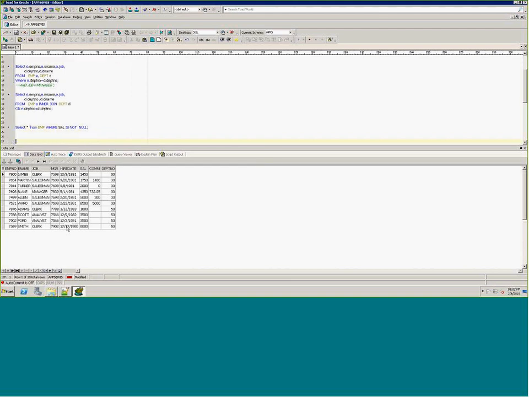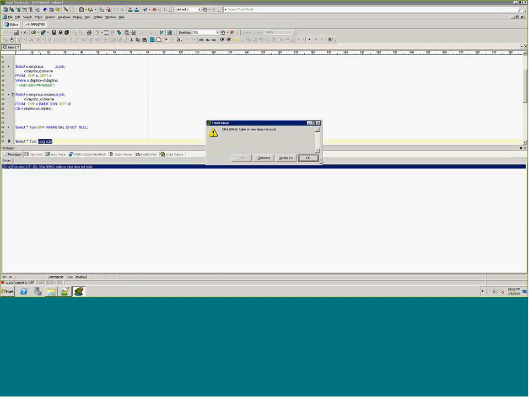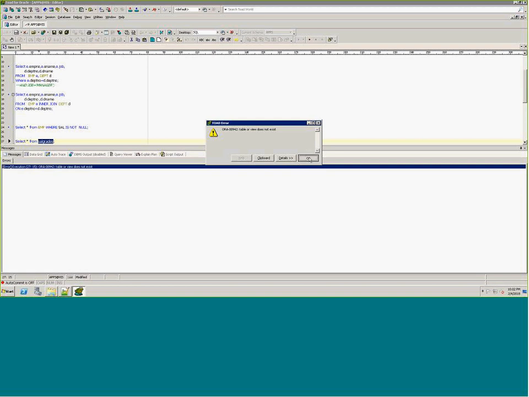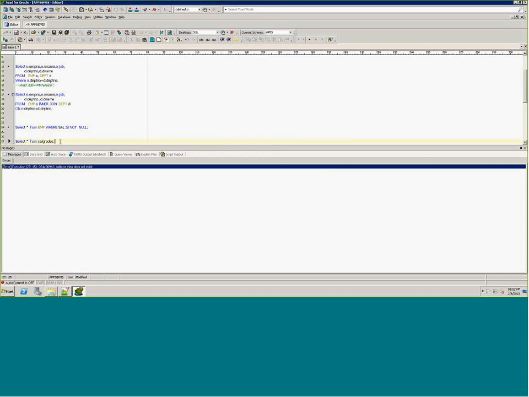There is one more table called sal grade. Select star from sal grade. Let's see the other table called sal grade. Let me write it down here. I think so. Okay, it's not there. How do I check? I'll check like this: select star from all underscore tables where